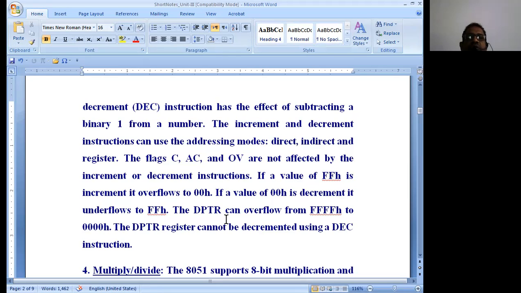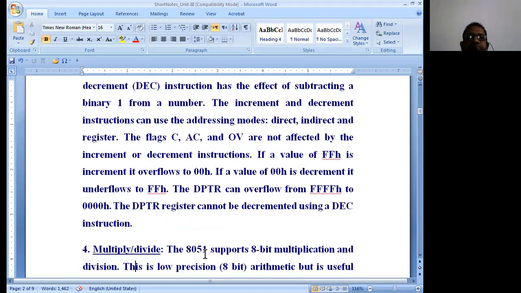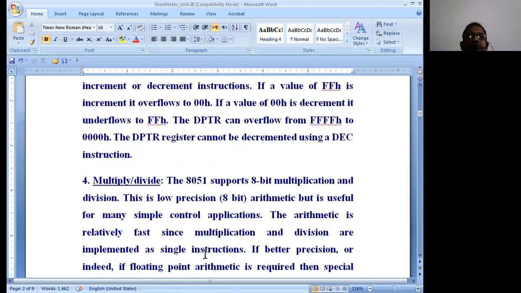So this is the basic thing we need to understand about overflow and underflow. The DPTR register, called the data pointer register, cannot be decremented using the decrement instruction because the data pointer register is a 16-bit register. So it cannot be done with that.